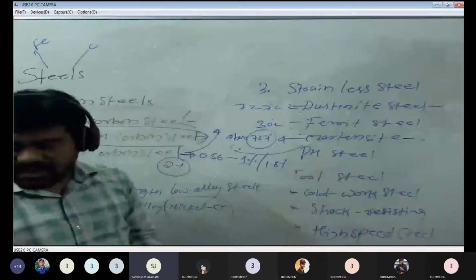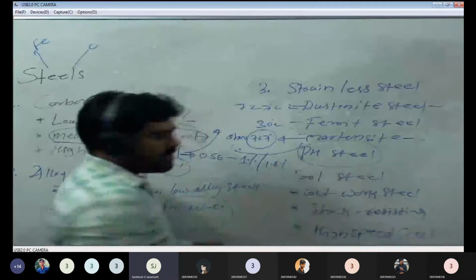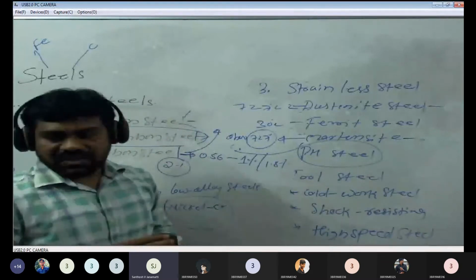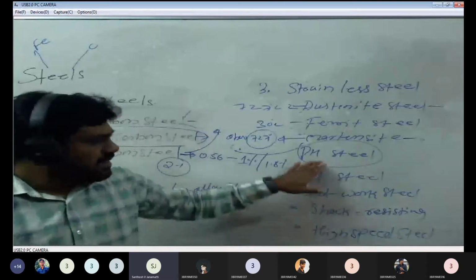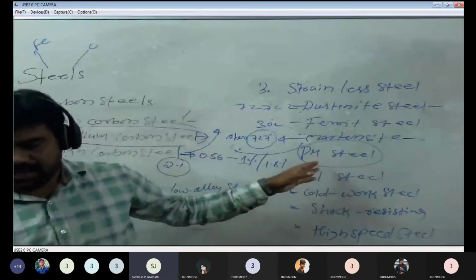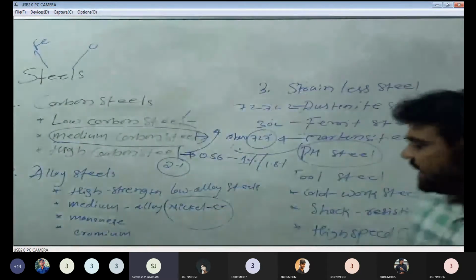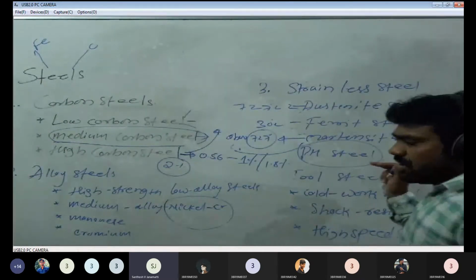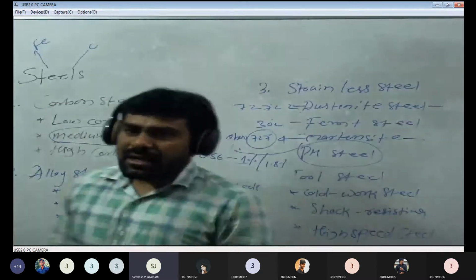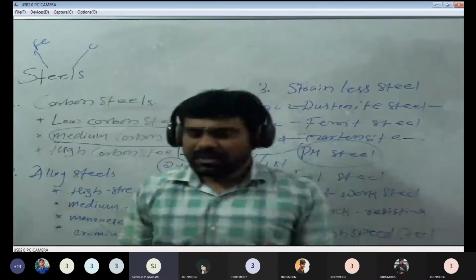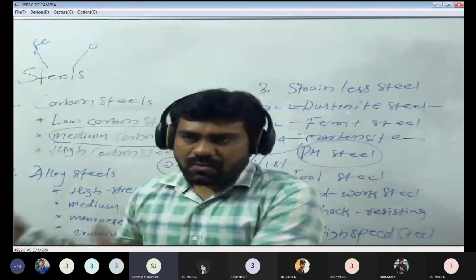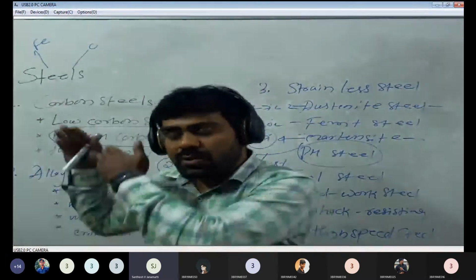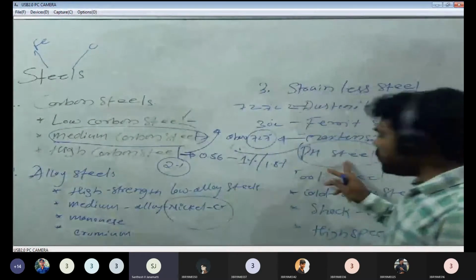Now coming to the PH steels, I explained already. Precipitation hardening or age steel, you can also call it maraging steel. Here also we heat the sample of the steel up to the recrystallization temperature and cool it over a long period of time. Not in 1 hour, not slow cooling in 1 day, not quenching, oil quenching or water quenching. This is around a minimum of 48 hours, which we are cooling these steels.